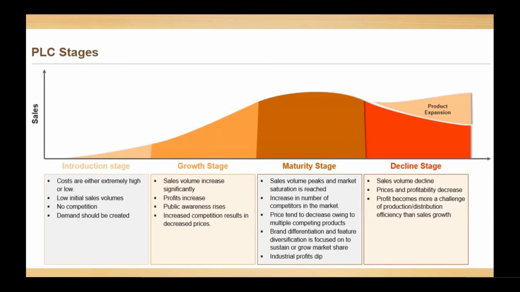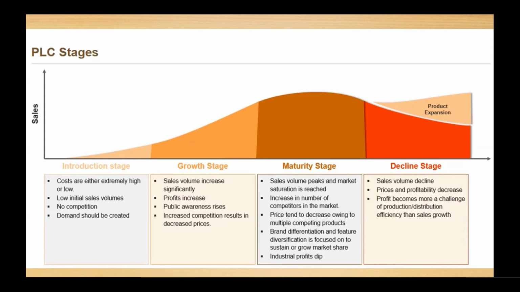There is organic growth. What do you mean by organic growth? Organic growth means you start recommending the product to your friends, to your relatives, and there is positive word of mouth. Everybody starts purchasing this product. Public awareness rises about your product. Once public awareness starts rising, there is more and more demand for your product. When the demand for the product is increasing, what do you have to do? You have to increase the number of distribution channels for your product.